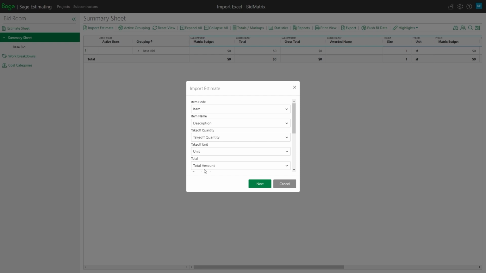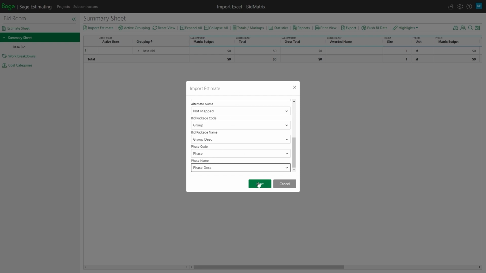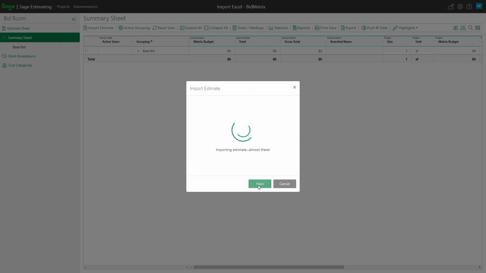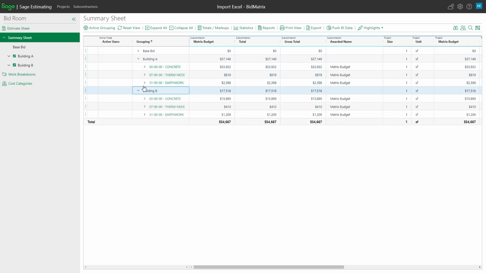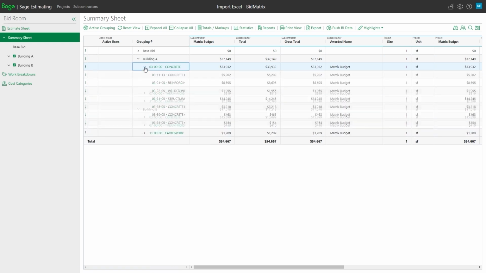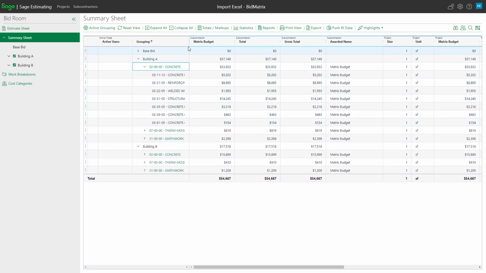So when I hit next here, now I've got my project. So I didn't put anything to base bid, so I have no money there or anything starting off. So I'm going to take a look at my building A versus B. So you can kind of see this was my alternate, this was my bid metrics. Within a particular bid metrics, I could see my different phases of work. So those are all the different phases that I'm going to be checking scope on and so forth.